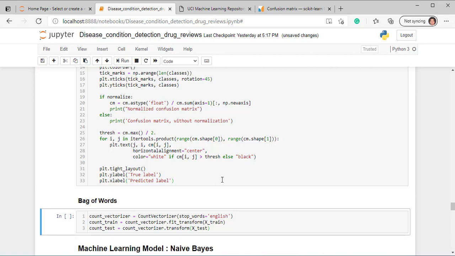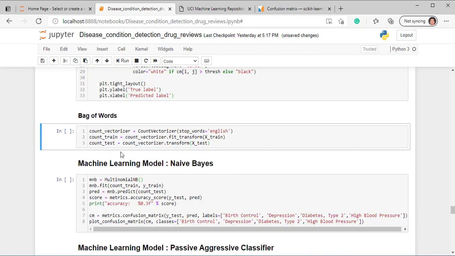Next we'll go towards creating our bag of words model. We know what a bag of words model is: it will create a simple table where the documents are the rows and the words are the columns, and in all the cells we have to fill in the frequencies.